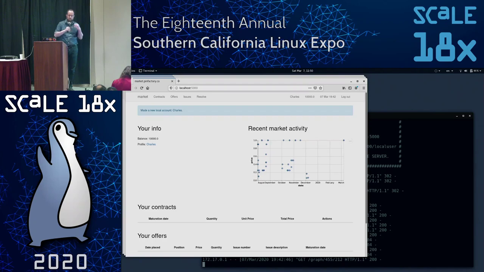The place where this is really a problem is where you've got a bug that requires multiple skill sets to solve.